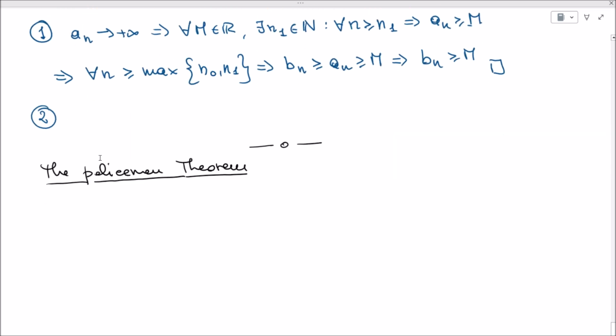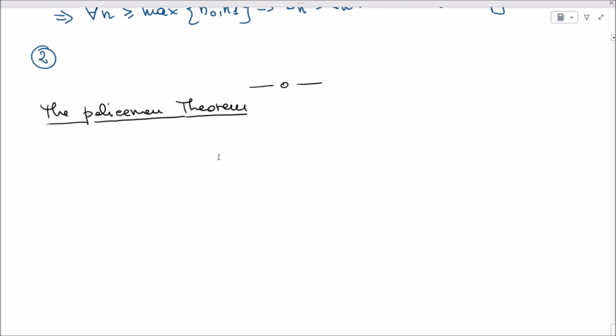So the statement of the theorem is the following. So let an, bn, and cn be three sequences such that